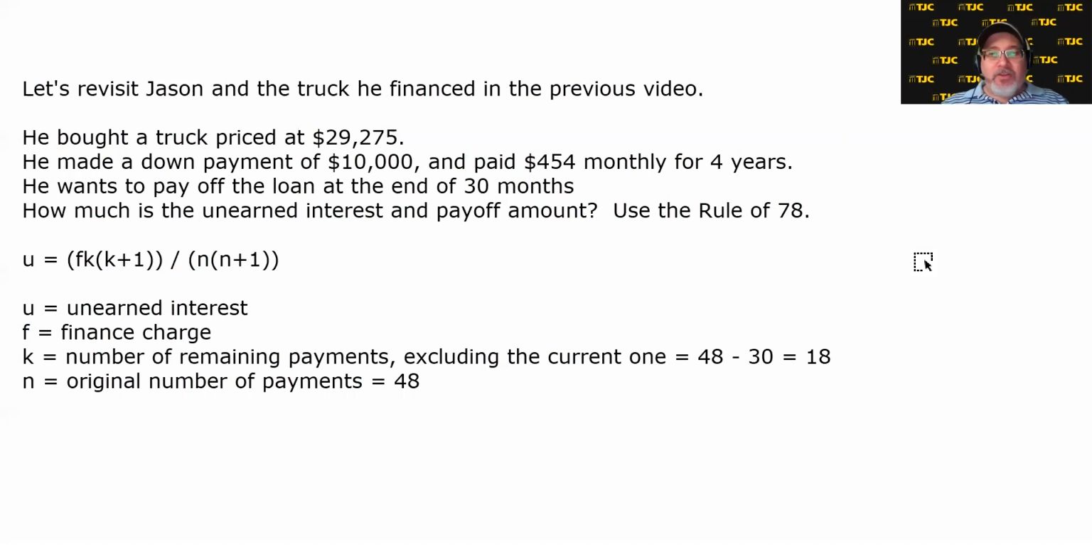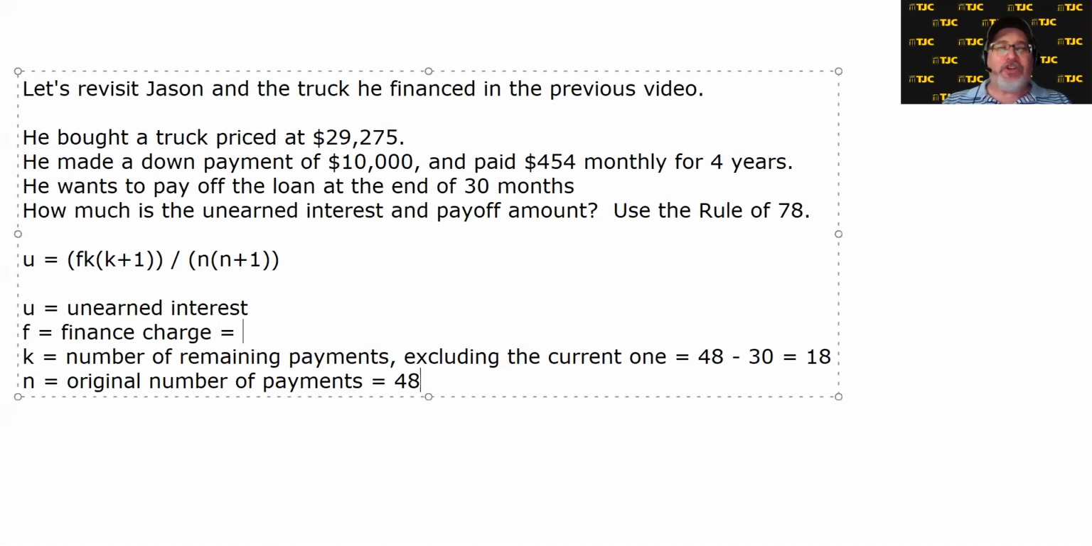All right. So we got all the numbers we need except the finance charge. And let's just remember where the finance charge came from. The finance charge is how much more we pay for the truck than its stated price. So it's the total of everything we pay minus the price of the truck. What we pay for this truck is the $10,000 down payment plus 48 payments of $454. So multiply 48 times 454, and then subtract the cost of the truck,